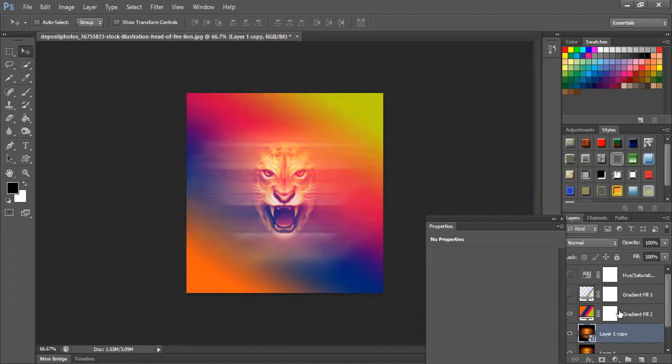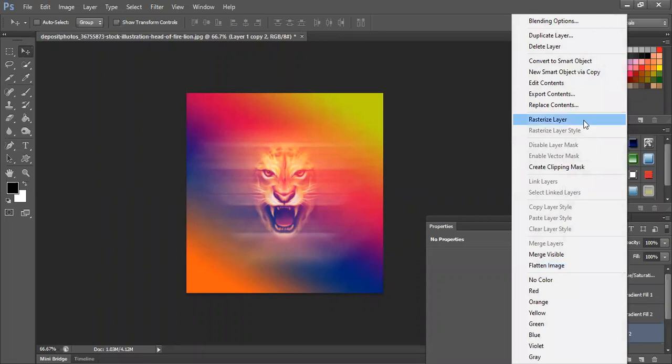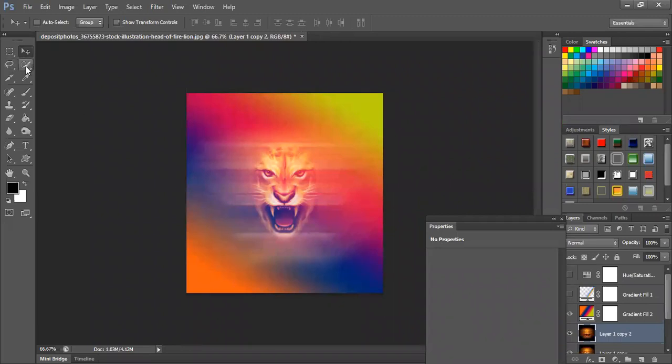For that, I'll first duplicate the layer and maybe rasterize it so that you can edit or remove the extra area. Use quick selection up here to select a certain section of the area which you like. I might not like to see the entire lion, but the face is important. So I just want to quickly select the face. But if you see, after I select the face, a little more I select and the entire background gets selected. So I don't want that to happen.